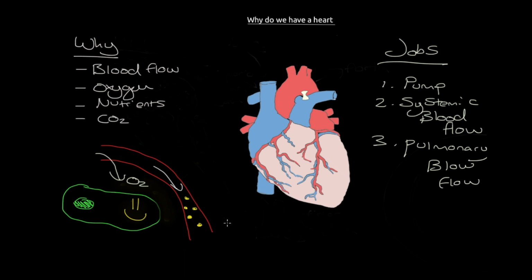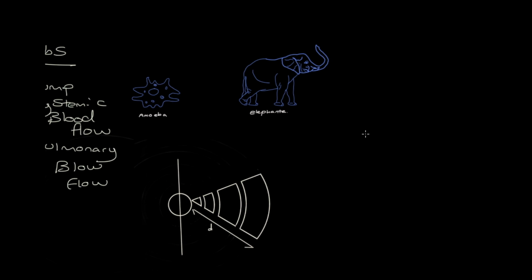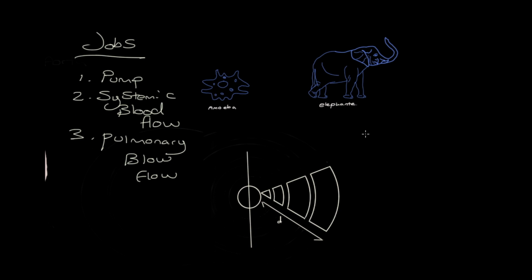This is where the exchange of carbon dioxide for oxygen will happen, and that's a separate system to the systemic system. The reason this needs to happen is because the CO2 is escaping from the cells and, if we allow it to accumulate in the blood, the cells will eventually become unhappy again, because of all these unwanted byproducts. So what we need to do is remove the carbon dioxide and put oxygen into the blood,